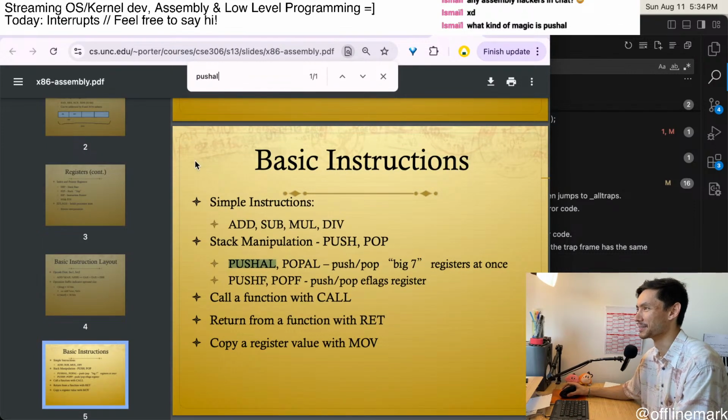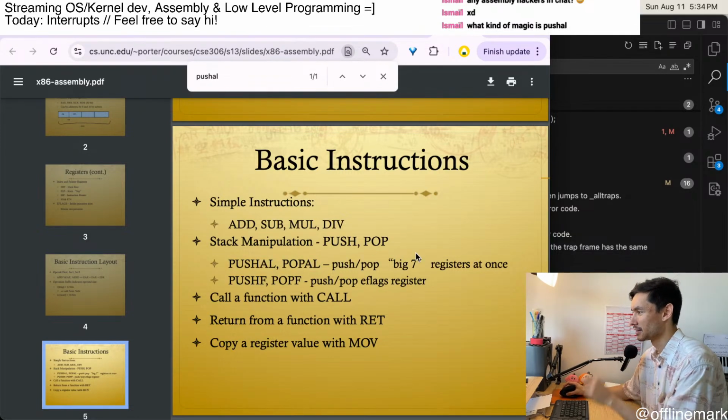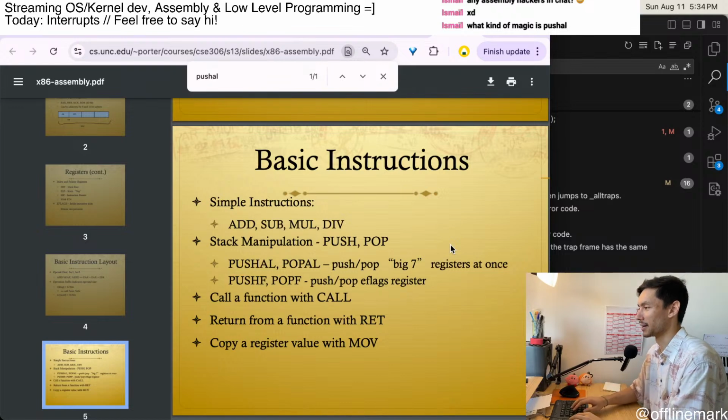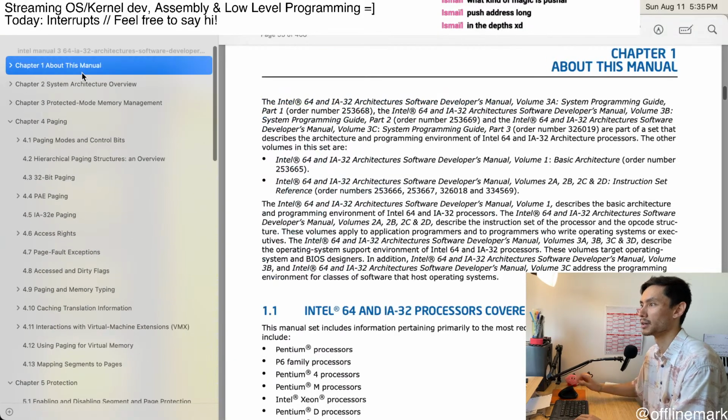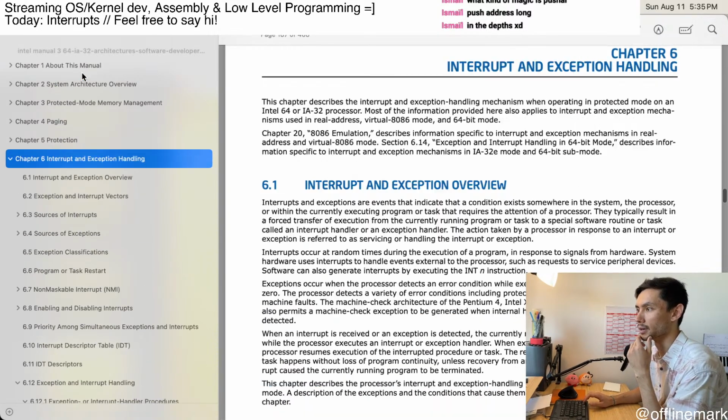Okay, we're at that stage of development where we are looking at university PowerPoints. Push address long. Push pop big 7 registers at once. But why is that not documented? Okay, time to zoom over to the